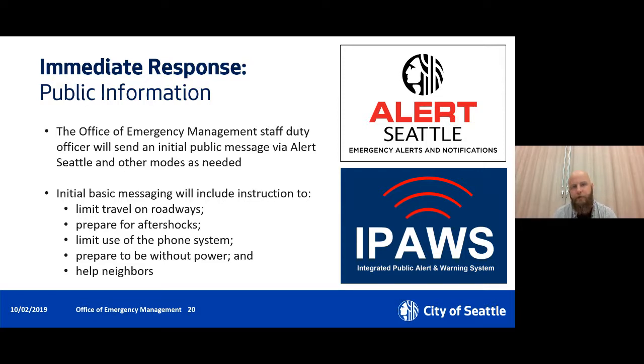The first thing, however, would probably be a somewhat generic alert. So like I said, the earthquake early warning is really just going to be an earthquake is going to happen, or an earthquake is happening right now. And then the follow-up message would really be pretty generic. The way we would do this is the Office of Emergency Management would send out a message via Alert Seattle at the very least, and potentially a wireless emergency alert as well. So again, that alert that you don't need to sign up for, but just goes to your phone.